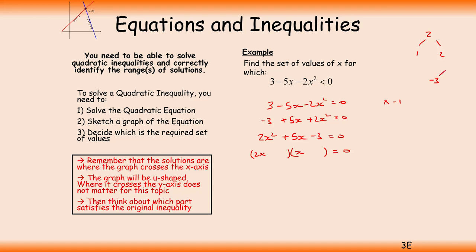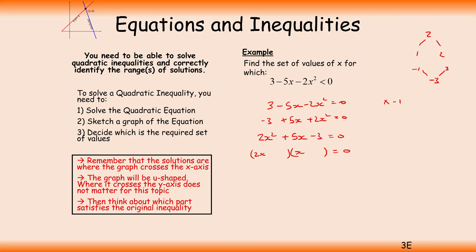Minus 3 has factors of 3 and 1. Hopefully I've written them in the right place. 3 times 2 gives me 6, 1 times 1 gives me 1. So 6 take away 1 will give me my 5 in the middle. But I know one of these has got to be negative. It's got to be the negative 1, because 3 times 2 gives me positive 6. So 6 take away 1 will give me my